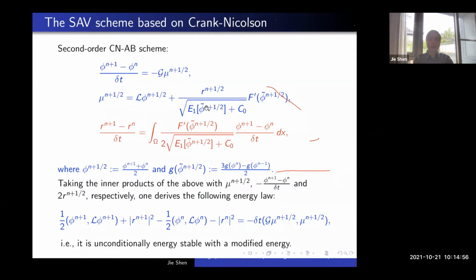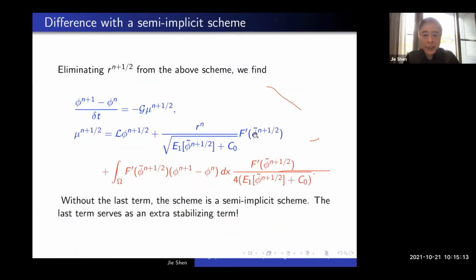So what is the usual semi-implicit scheme? Usual semi-implicit is you treat this exactly the same, and you don't have this term, right? You just have f prime, and you don't have the R equation. So you can eliminate R n plus 1 from the previous scheme, and you find out